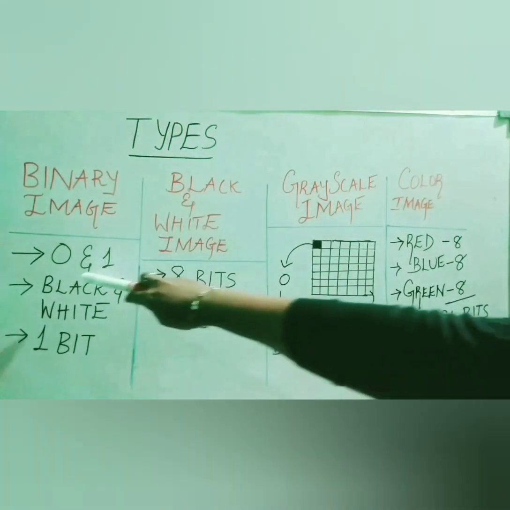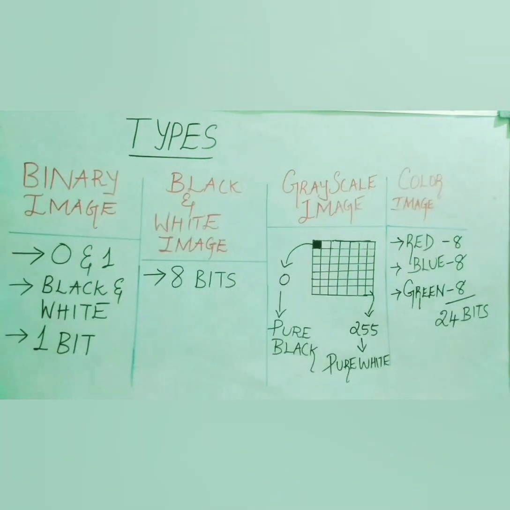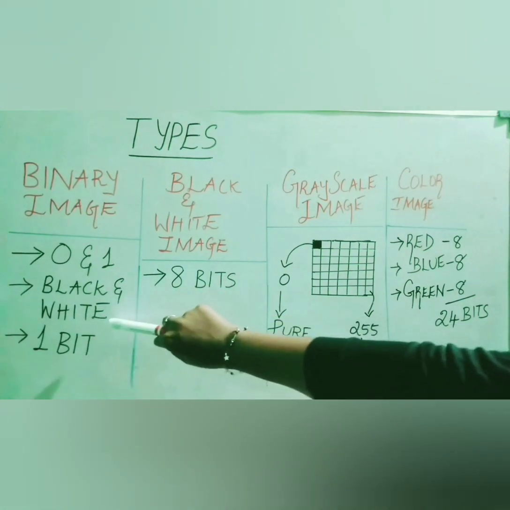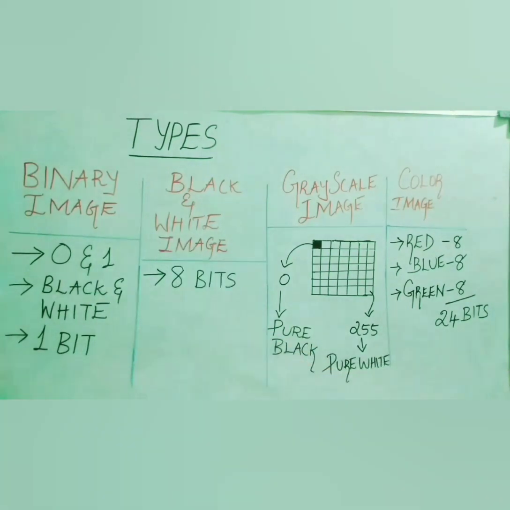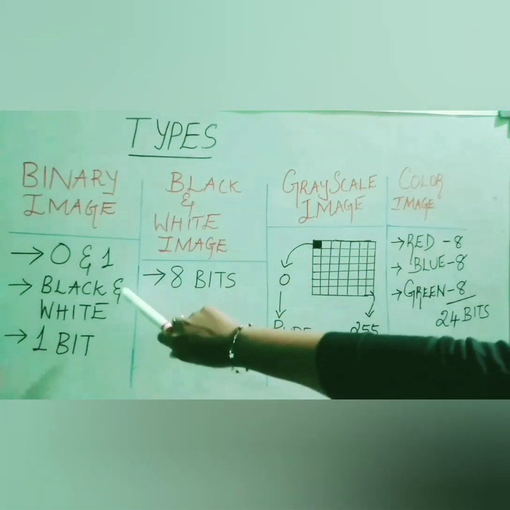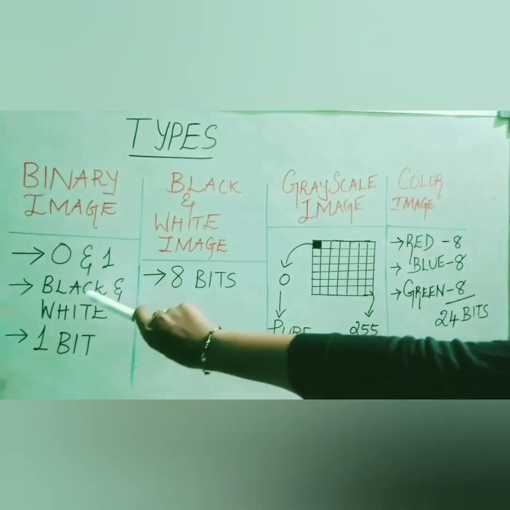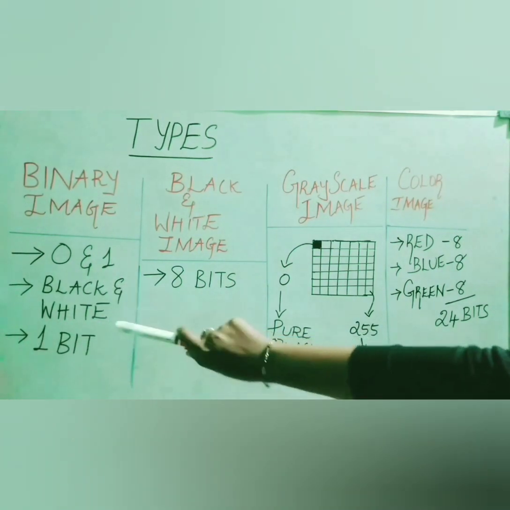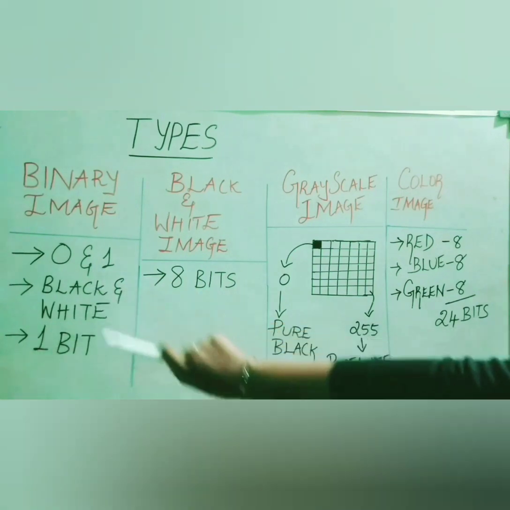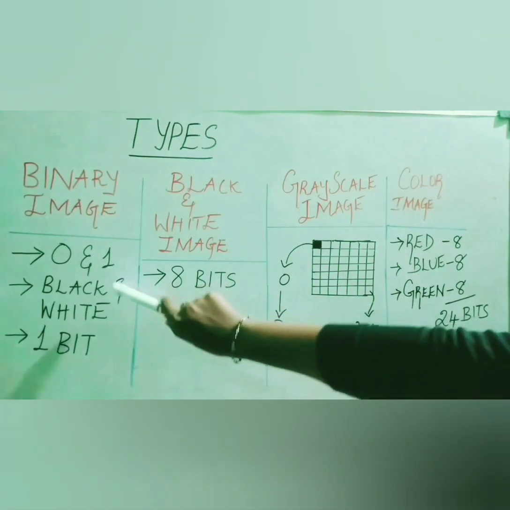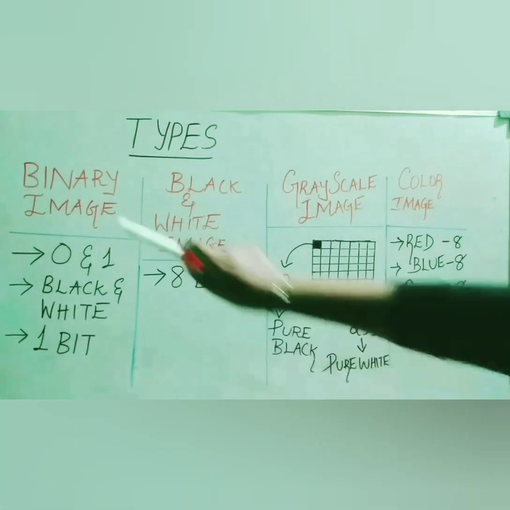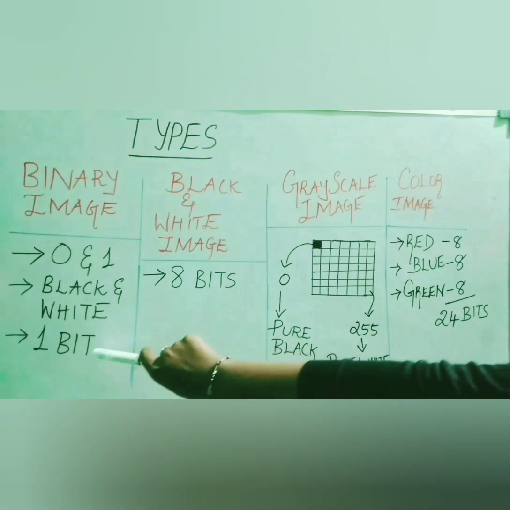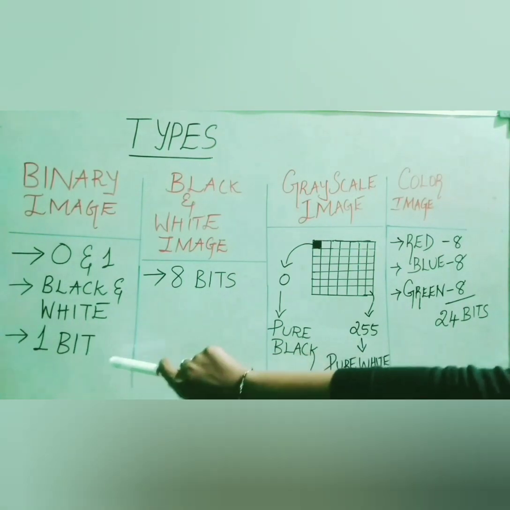Binary is all about zeros and ones. These images usually have two colors, one being black and another being white. So 0 is represented by black and 1 is represented by white. Each pixel in this type of image will have one of the two colors, but not both. They will have black in a pixel or white in a pixel, but they won't have both colors in the same pixel. Each pixel in this type of image needs only one bit of storage space.